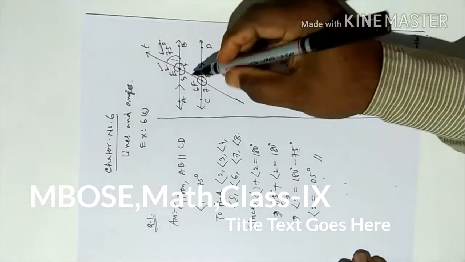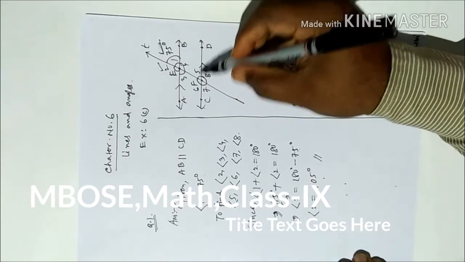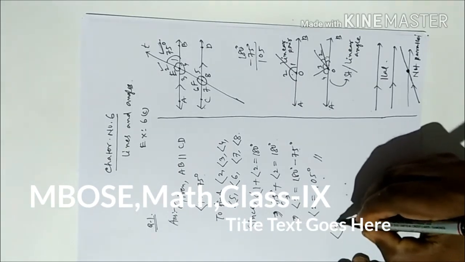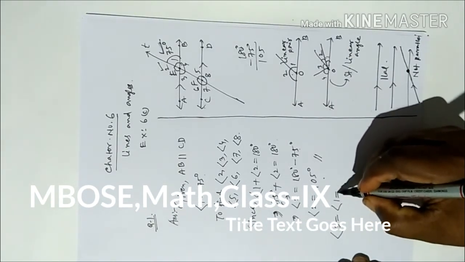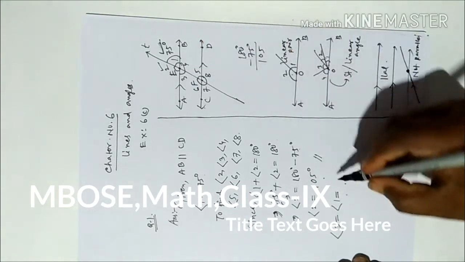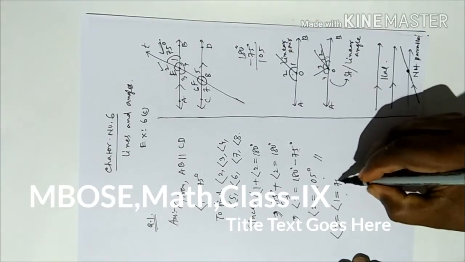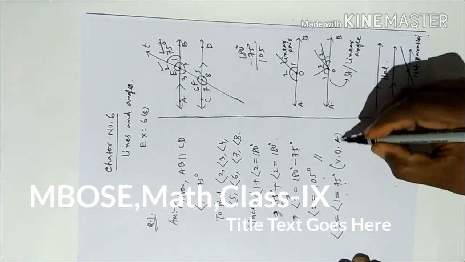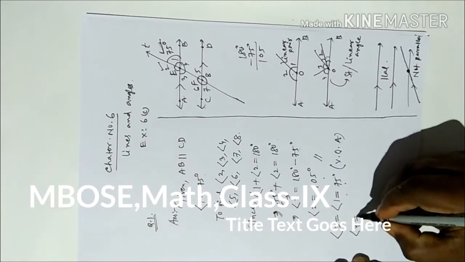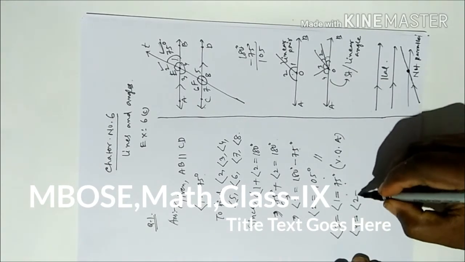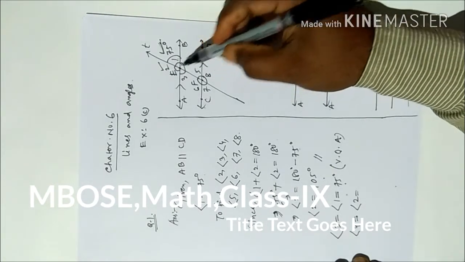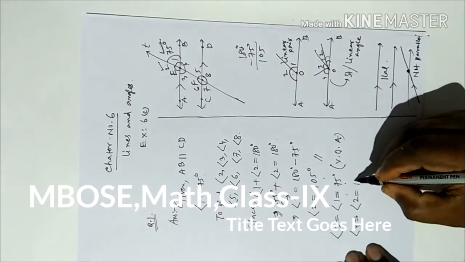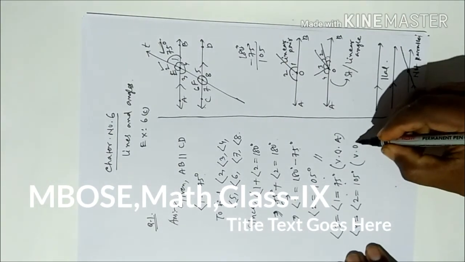Next, the remaining angles 3, 4, 5, 6, 7 and 8 you have to find. Angle 3 equals angle 1, which we call vertically opposite angle, 75. In short form you can write VOA: V means vertical, O means opposite, A means angle. Next, angle 4 equals angle 2. You see in the diagram these two are vertically opposite. So how much did you get? 105. This one is also vertically opposite.